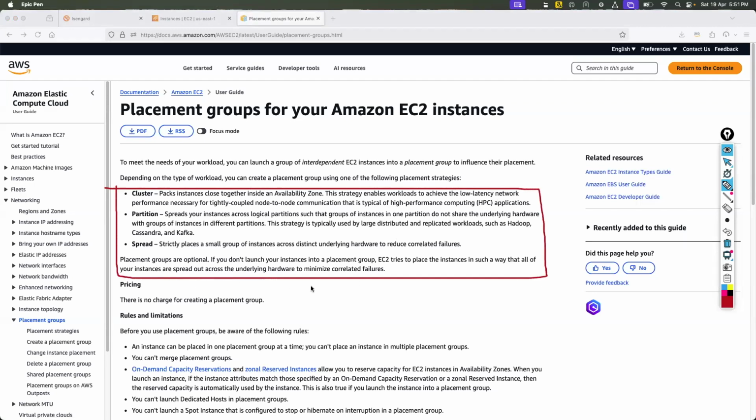So basically, if a customer would like to install their high performance applications, high performance computing, that is a sort of application where a lot of computing is needed.